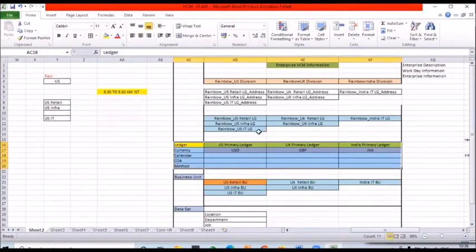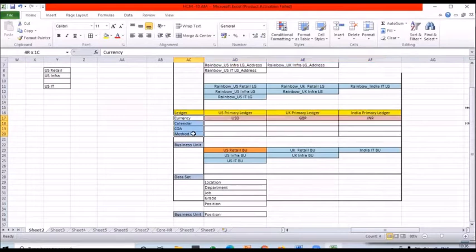If you want to create the ledger books, we require these 4 C's: currency, calendar, chart of accounts, accounting conversion method. If you have a financial team available in your implementation project, it's purely handled by the financial people. If there is no financial team in your project, you should handle it. There is no other option. But if financial people are there in the project, they will take care of all these configurations.